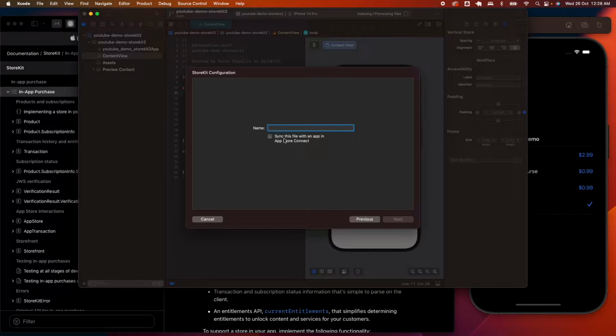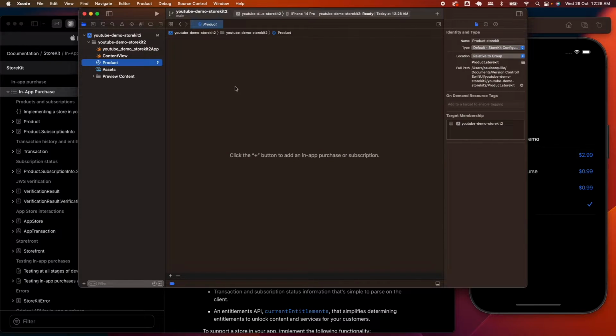You have the option to sync this file with App Store Connect. So if you already have an existing project and you just want those products to be listed locally, you could do that, but that would only be a read-only scenario. But you could somehow convert those into an editable file. So for this one, I'm just gonna say Product. I don't have any App Store listing for this app. Cool. So for the product there, I have the option here to click on the plus icon,